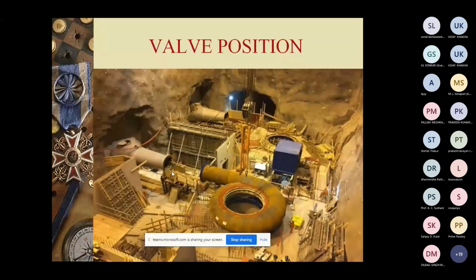It is supported by a bypass valve also, because when you start the machine, the upstream of the MIV or main inlet valve will have more pressure, and downstream you have 2 kg pressure, so there is a differential pressure. So heavy forces are needed to operate the valve. So initially the bypass valve will be opened and it will pressurize the spiral casing. Then when the differential pressure is nearly negligible, you can open the main inlet valve. So this shows the valve position. Valve means your main inlet valve where water enters the spiral casing.